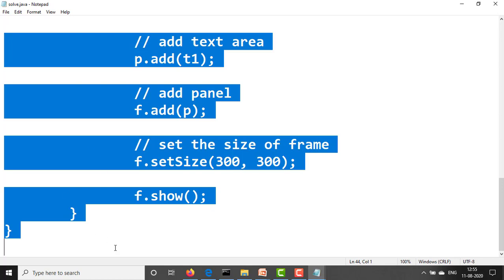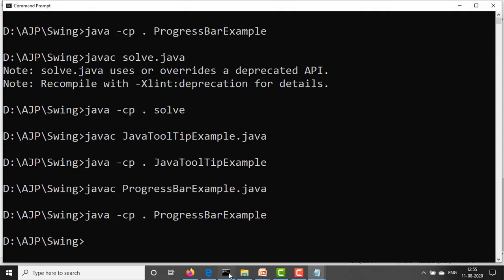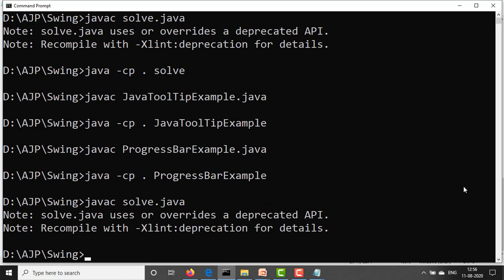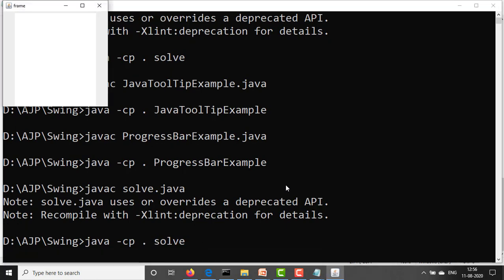See the output for this. Solve is our class name: javac solve.java. Okay, compilation is okay. Now execution, output here.